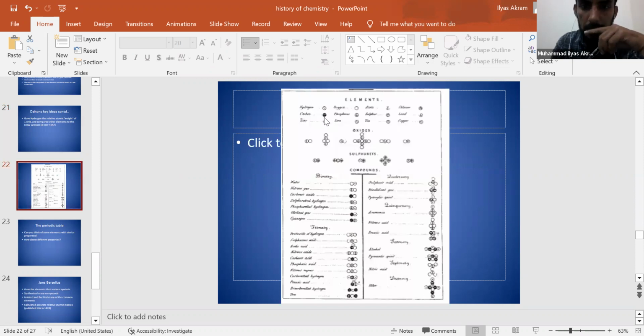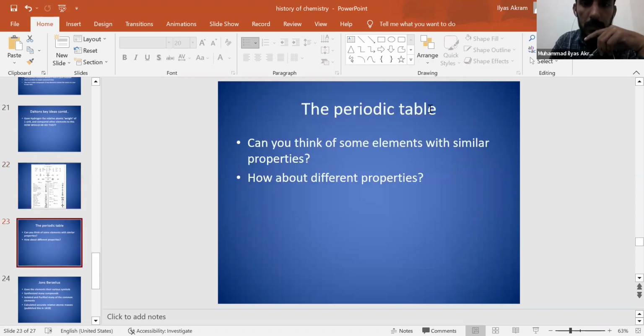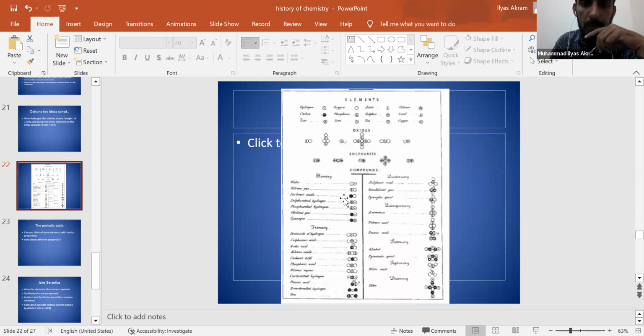So here are some elements and their compound formulas and their names. And now the theory of the periodic table came. Can we think of some elements with similar properties? How about different properties? So this is a table of elements or compounds from the Middle Ages. There is not a modern